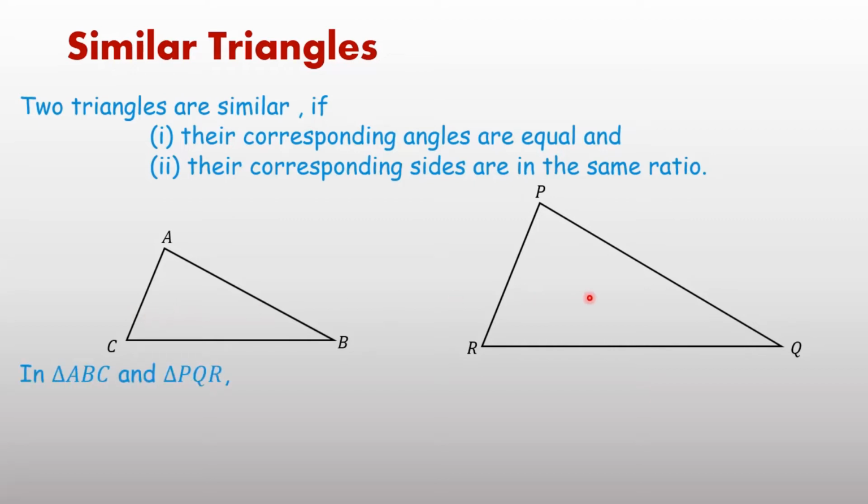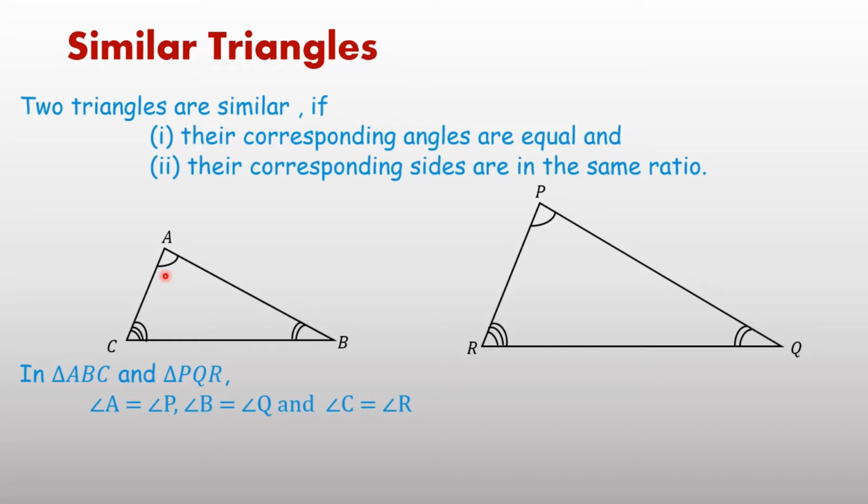Just two triangles drawn here, triangle ABC and triangle PQR. In ABC and PQR, if angle A equal to P, B equal to Q, and C equal to R, then A and P are known as corresponding angles. If angle A equal to 50 degree, P equal to 50 degree, then these two angles are known as corresponding angles. In both triangles, the angles which are equal to each other